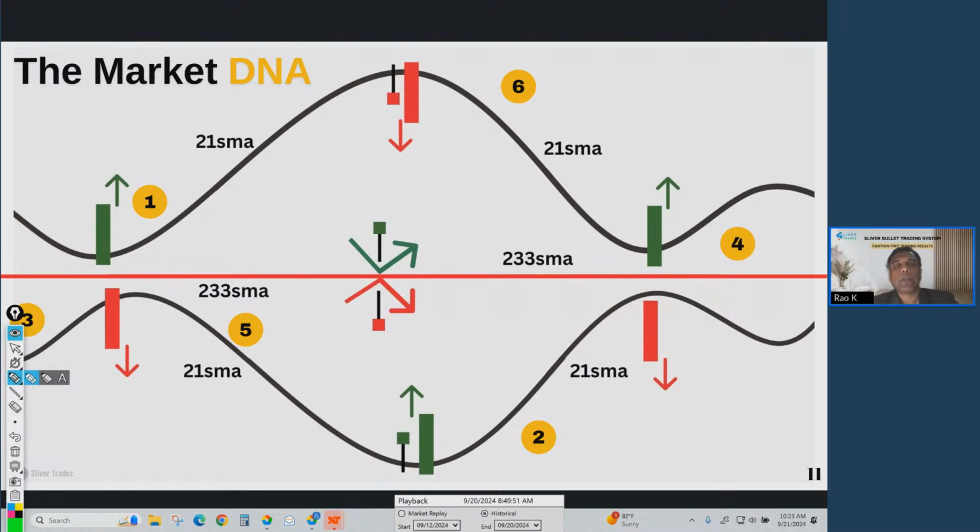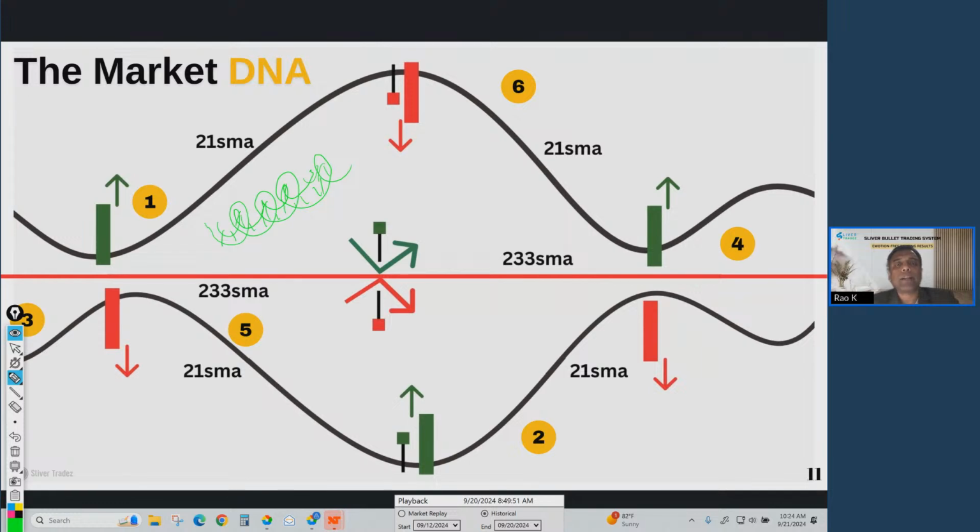Whether it's plant life, animal life, or human life, we all are made of DNA, deoxyribonucleic acid, or whatever the full form of DNA is that we studied in high school biology books. And the shape of human DNA is a double helix, if you remember. This is the shape, double helix shape. So in our experience, when we understood that a market mimics life, then we set out to